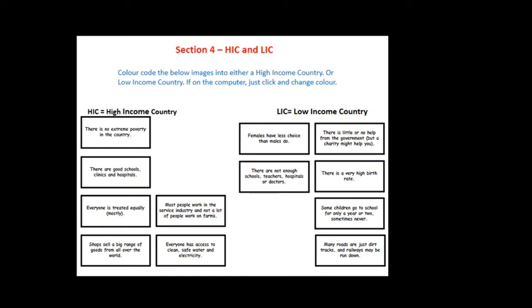Section 4 is to do with our HICs and our LICs. So our high income countries, i.e. our rich countries, or our low income countries, our poor countries. You can see here I've already separated the pieces of information into the two separate categories. So if you want to pause at this point and check your answers against these, but the main things is